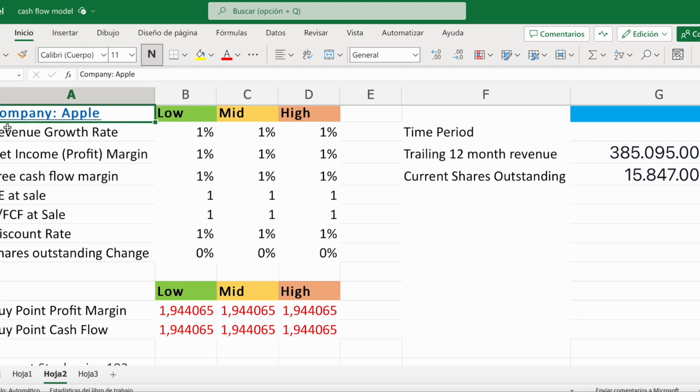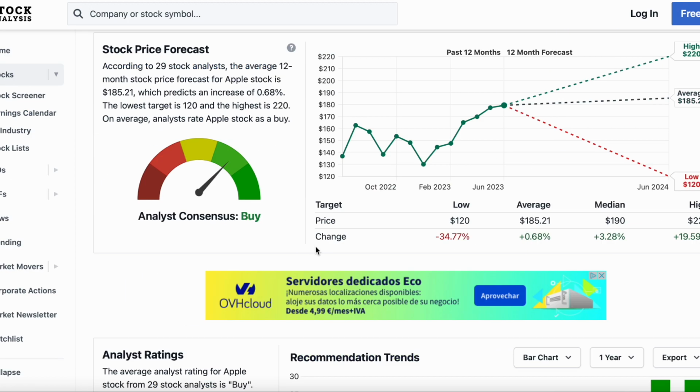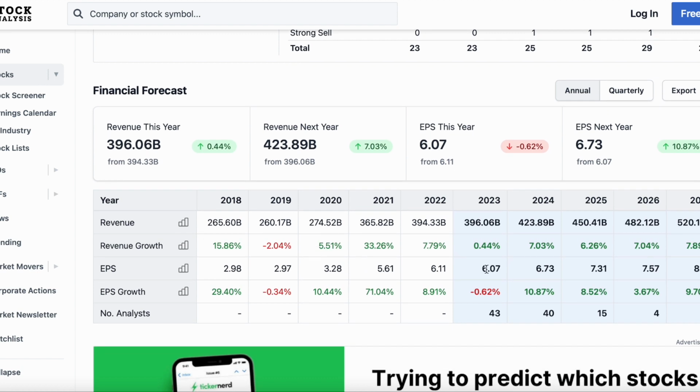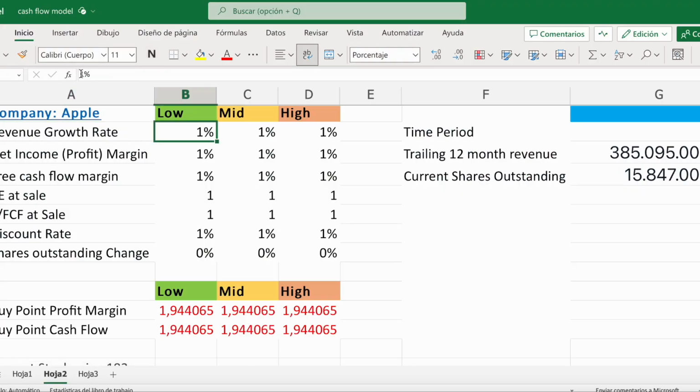So let's start with revenue growth rate. As we can see, according to analysts, this company is expected to grow between 0 and 8% over the next years, so an average of around 5%. And I'm gonna put on my low assumptions 4%, then on my middle 6%, and on my high assumptions I'm